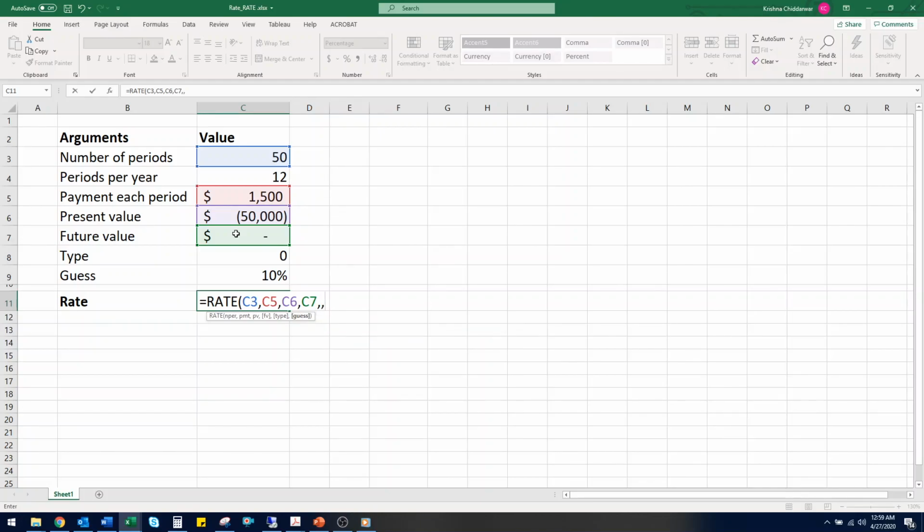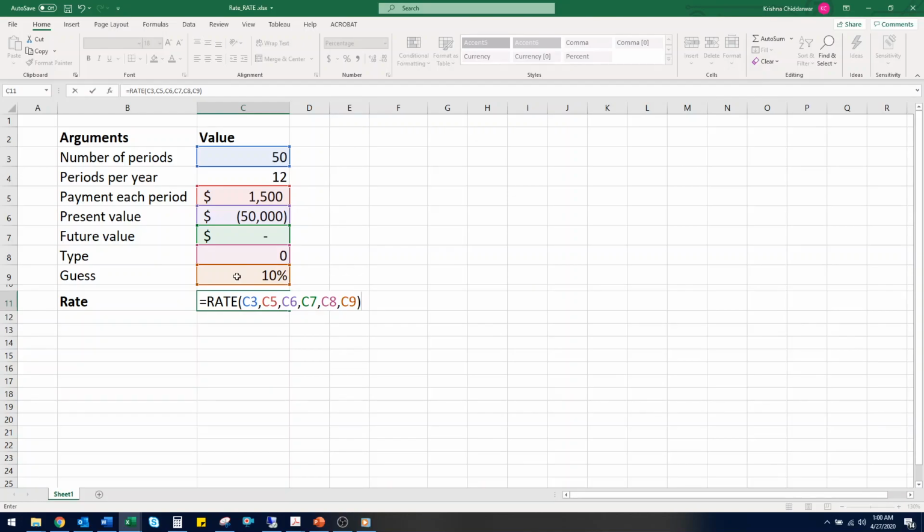Then finally we have the guess. I always start at 10%, but frankly Excel is powerful enough that you don't really need to use a guess, but if you do, I have included it here so you know what it looks like. So I'll go ahead and click cell C9 and type in the right parenthesis, but I will not hit enter yet because I need to multiply this